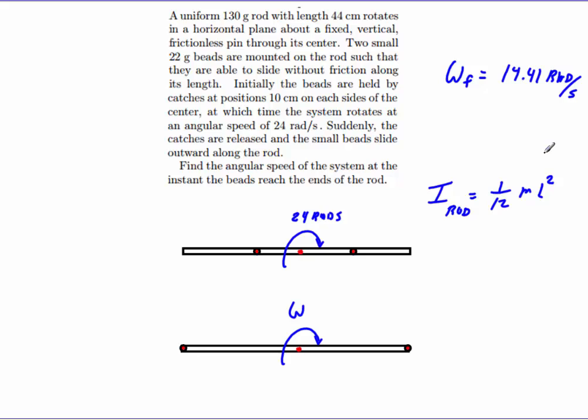What did you get for your initial? 0.060896 or something like that. For the V's, do you do I times omega, or do you do n r times